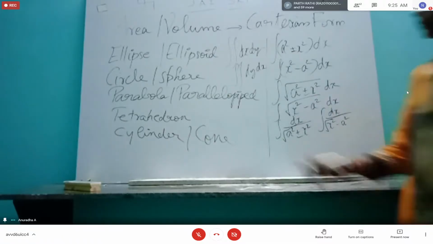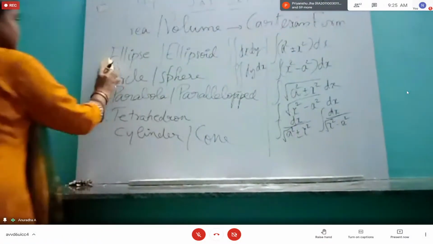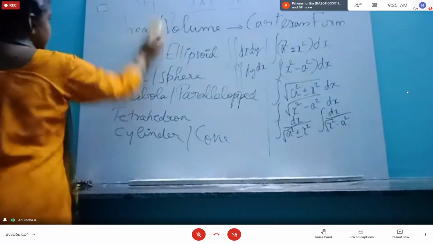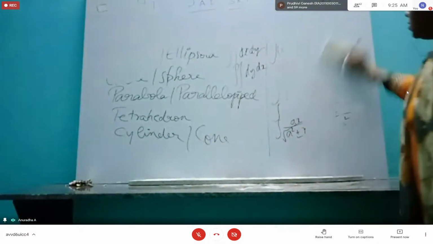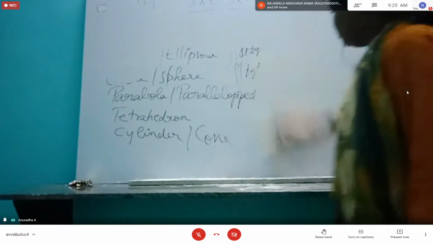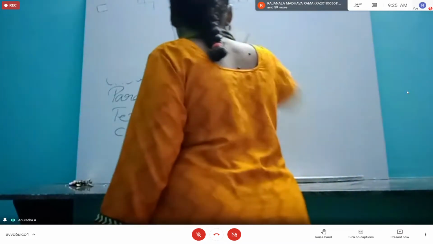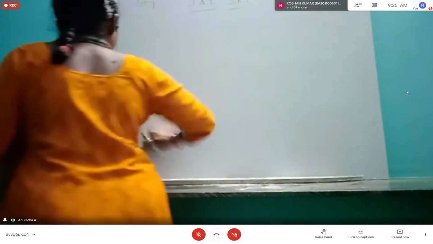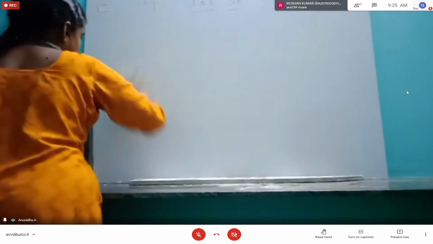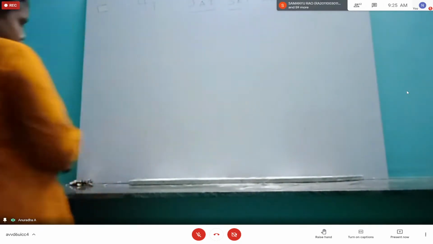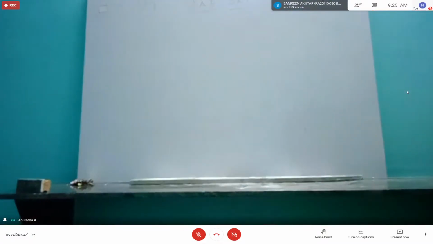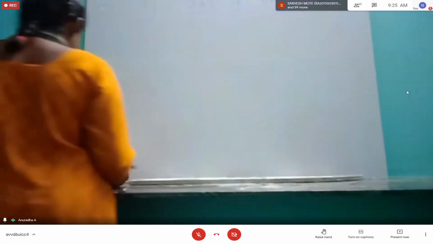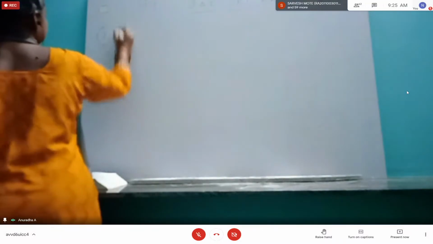Can we start? So first sum, we'll start with an ellipse. So obviously 2 dimension, we are going to do only area, not volume now. And they will say in the question itself whether it is volume or area. So don't worry about remembering that. But don't think that the first question will always be area, second question will always be volume. There is no such order. Obviously, Code Tantra is going to change the order and give it differently for each student. So first question.